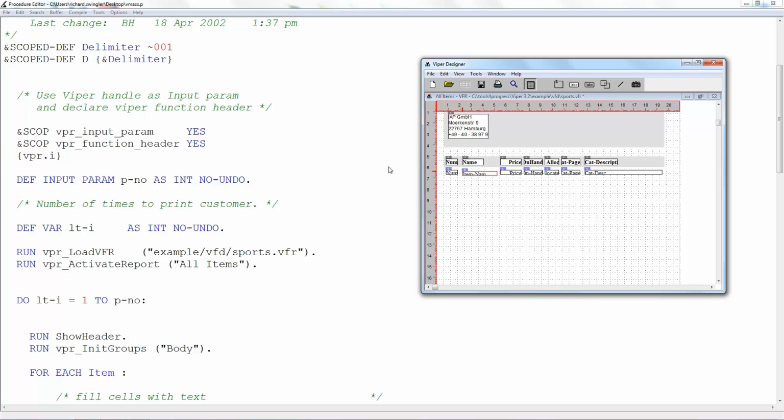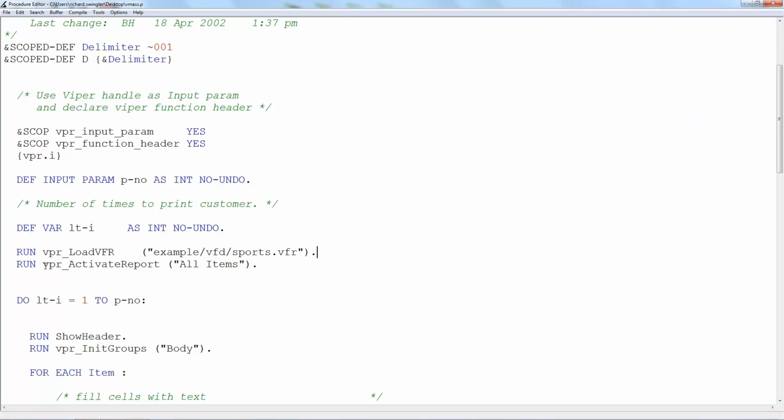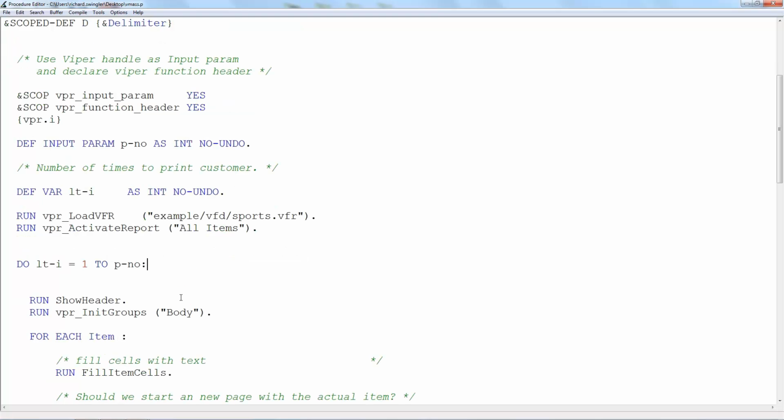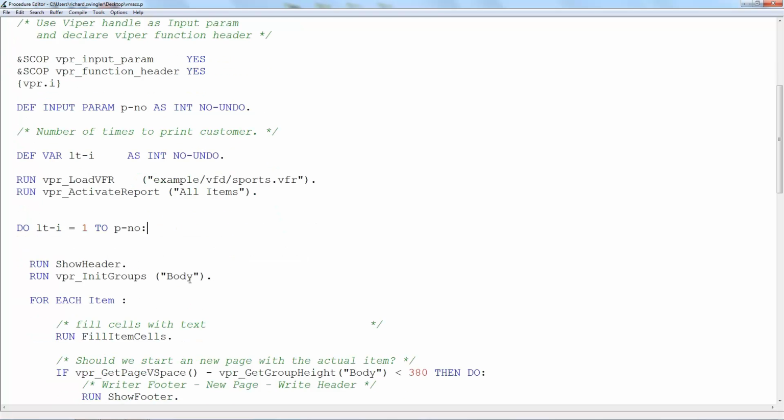And since you can have more than one report in a VFR file, this VPR activate report activates the all item report which I have in my VFR file. This do statement here is a loop, and this P number again is the number you set when the pop-up window came up. So let's look at what happens in this loop. First, it creates a header. Then it initializes the group body. So if we look at the designer,